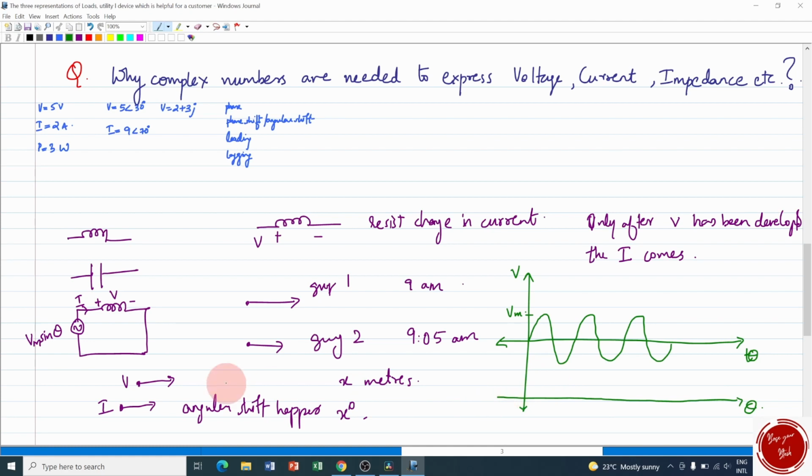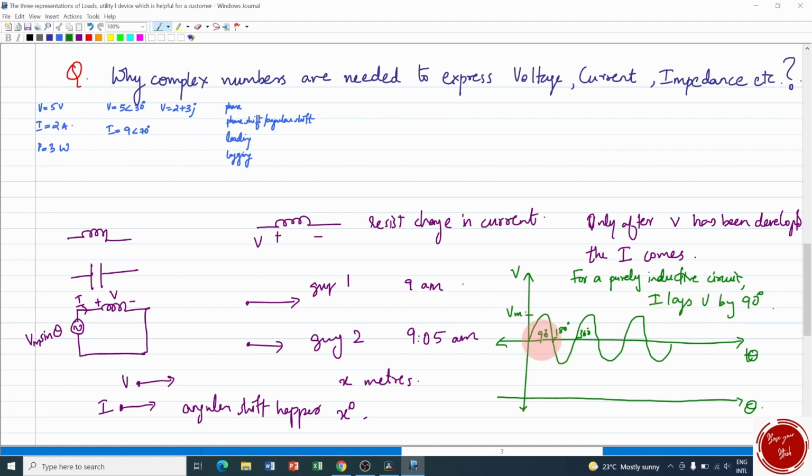And now what about the current? We know that current will have an angular shift, right? We know that for a sine wave, here it will be 180 degrees and here it will be 360 degrees, and this center point will definitely be 90 degrees, isn't it? And there is one statement that for a purely inductive circuit, current lags voltage by 90 degrees. The angular shift between current and voltage is 90 degrees, and current is coming behind voltage.